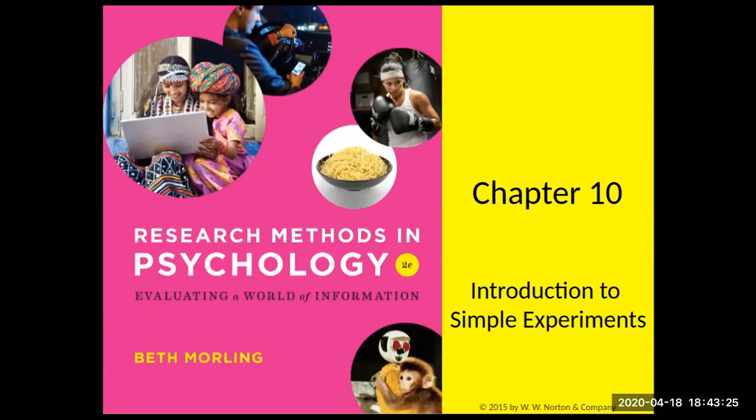For this module, I am going to go from chapter 10, then skip over chapter 11 to go to chapter 12, and then finally come back to chapter 11. The reason for that is you will have just turned in your seed article critiques, which involve two independent variables. So we're going to start off with our introduction to simple experiments today, and then we will skip over to factorial designs with at least two IVs. And then we will go back to chapter 11, which is just sort of an extension of chapter 10, and it is pitfalls of